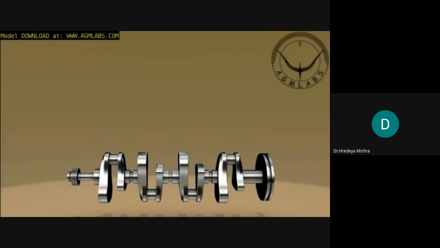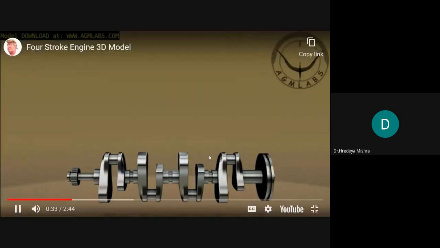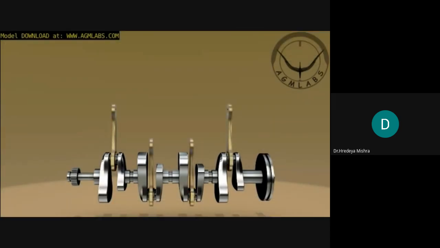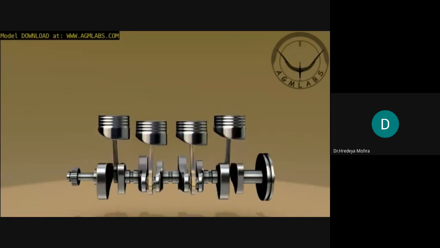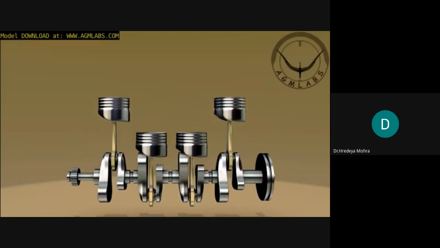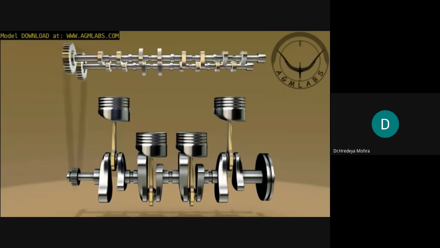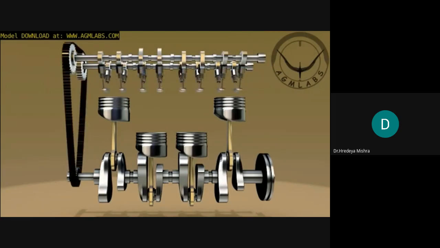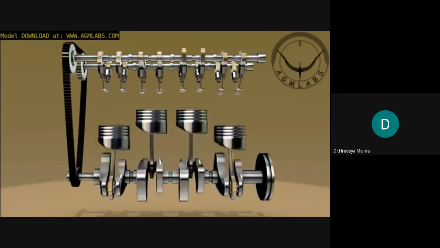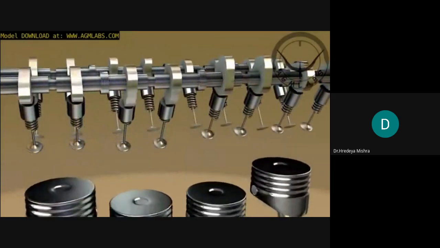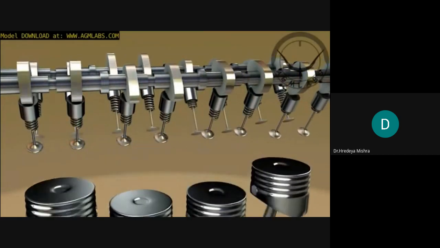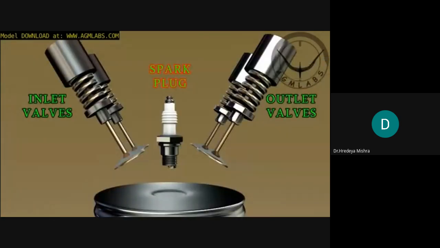Inside the engine block, there is a crankshaft. Piston rods are attached to the crankshaft. Pistons are attached to the piston rods. As the crankshaft turns, it causes the lifter to make each piston move up and down. At the top of the crankshaft there is a camshaft which is connected to the crankshaft by a timing belt. While the crankshaft is making the pistons move up and down, the camshaft is turning, making the valves open and close. Let's now take a look at how the combustion creates piston motion.